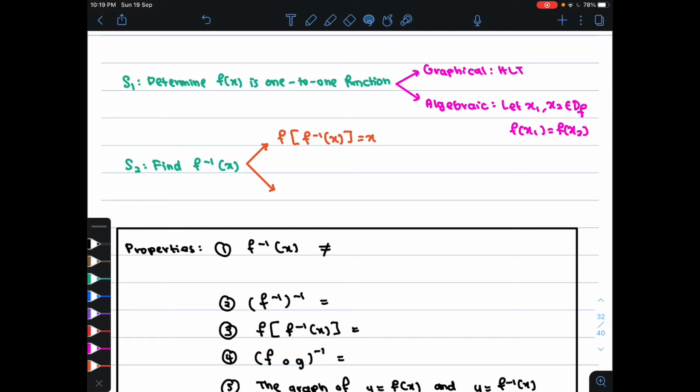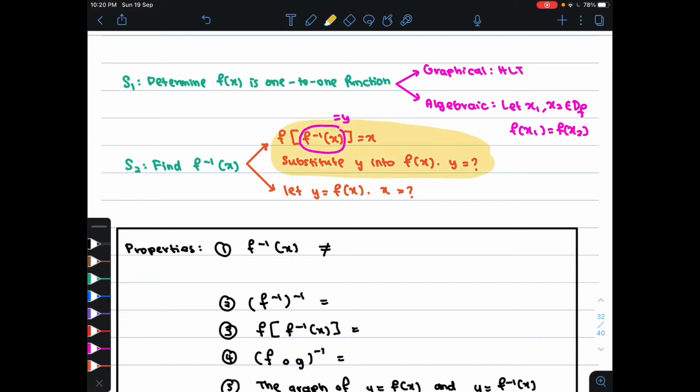The first method is to use f inverse of f of x is equal to x. And then you need to let f inverse x equal to y. Substitute y into fx, and then you need to find what is y. So that's the first method. The other method is by using substitution, where you let y equal to fx, and then you find x. So to find f inverse, the first method is better. Okay, so Miss akan ajar dalam subtopik ni, Miss akan ajar kamu nak cari f inverse, gunakan method yang pertama saja. Miss tak akan ajar kamu guna method yang kedua.